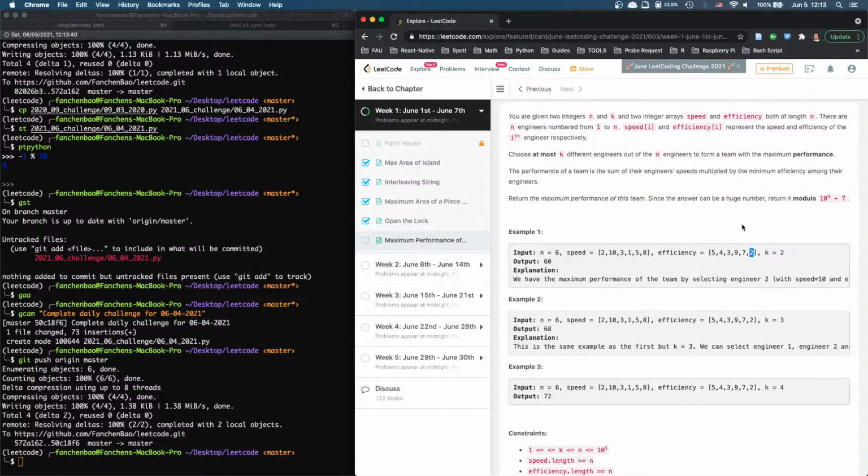But we need to merge these two, right? We have to merge two priority queues. Merge. How do we do this? Then we need to pop it. But if we pop it, it's going to be,